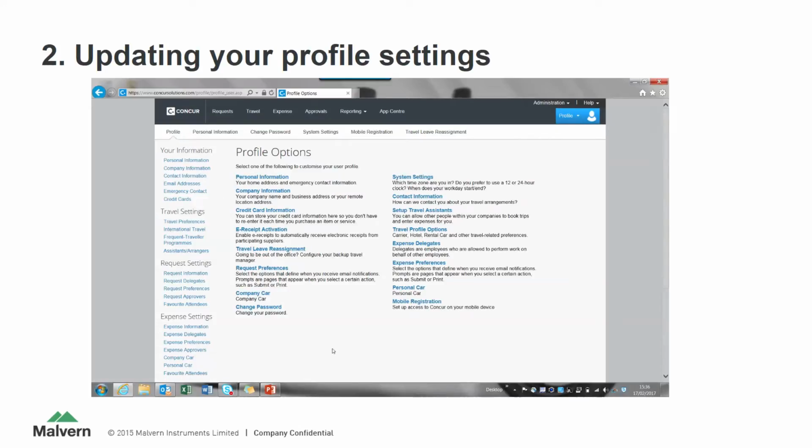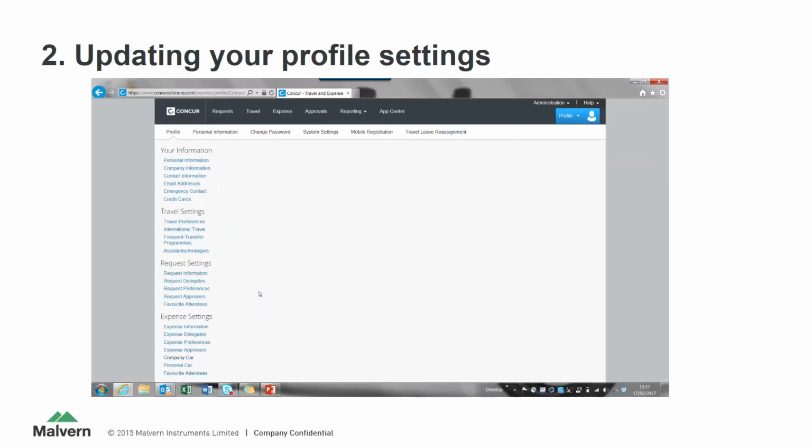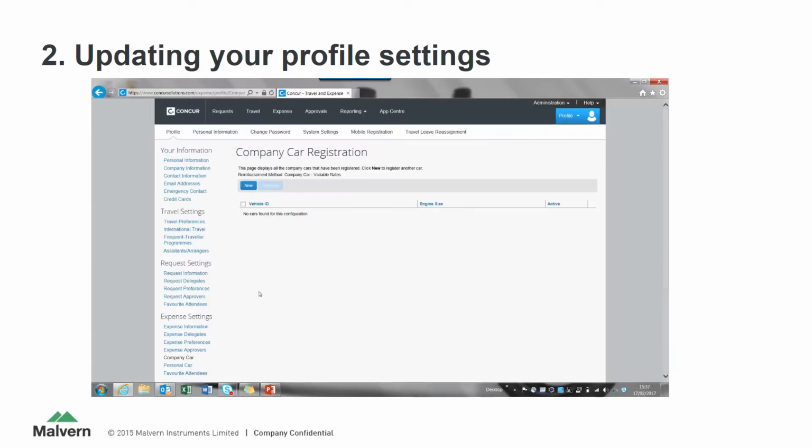You can also set up your company car or personal car if you reclaim mileage on any of these. To do this, go to company car, click New,